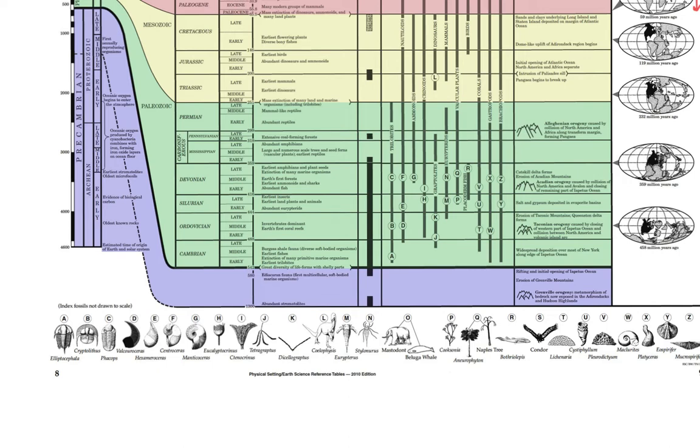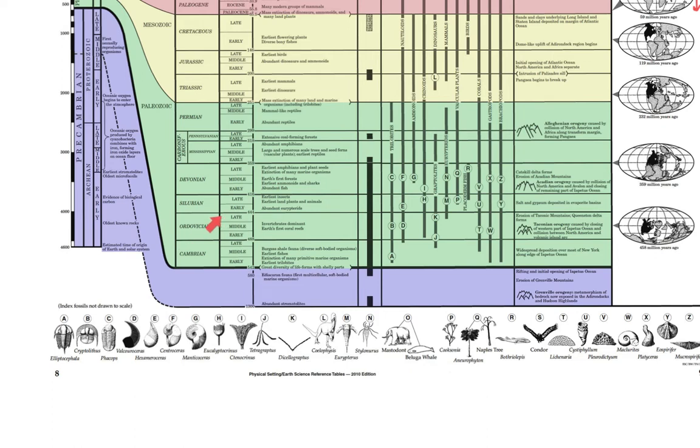Okay, so let's go to the second answer, which is this little guy right here. This is Dicelograptus. I don't even know how to pronounce these sometimes. That's okay. And that is letter K. So let's look at K. Aha, this is a graptolite. Graptolites are these little critters that are very simple, as you can see. They're not very complicated at all. And you find them a lot in swampy kind of areas. And so K, if we follow that straight over, look, late Ordovician. I think we have our answer,